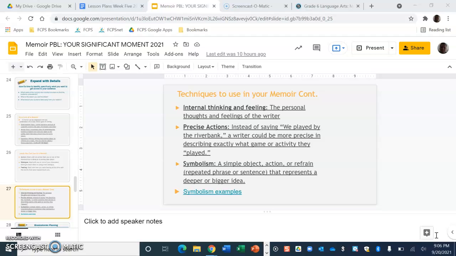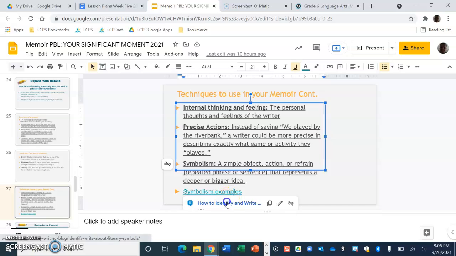And finally, symbolism. Symbolism is another technique you can use. That is where perhaps a certain object, action, or refrain, we went over a refrain today, that would be a repeated phrase or a sentence. But the idea is that these simple objects, actions, or refrains don't actually represent what you're literally saying they are. They represent a deeper or bigger idea. And I have on there some symbolism examples. If you were to click on the link,